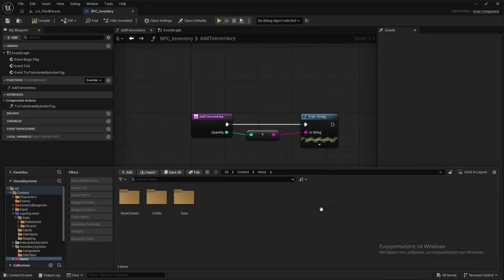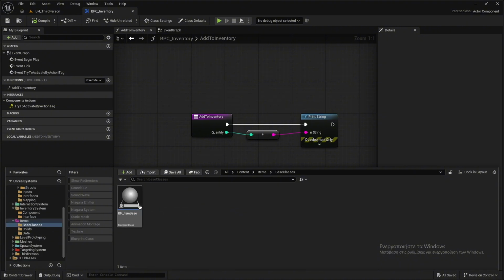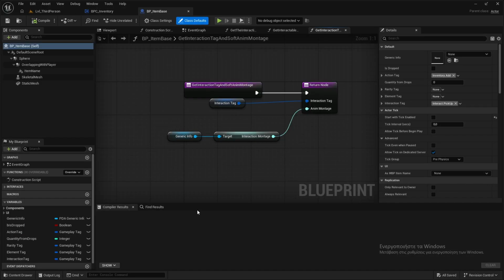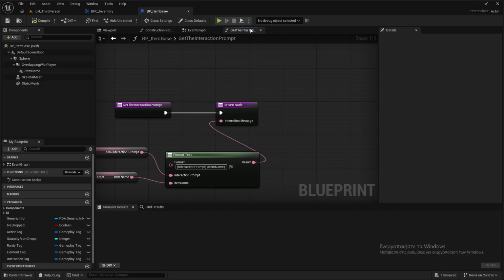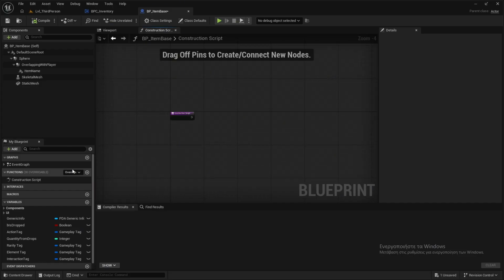For now, I will make some data structs, or I will add some variables inside the base class, item base, so I can work with the inventory. So